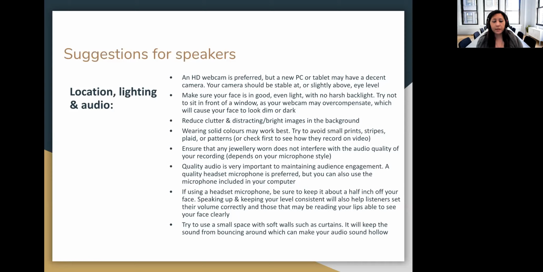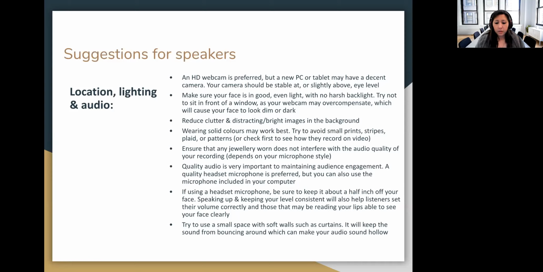Quality audio is important. I think my audio quality could be better, but you can see how it's recorded. I think that's one of the challenges of these times, that I always assume I know how my video and my audio is coming across because I can hear myself, and it shows me the little camera of how my video should look. But in reality, there's lots of servers and things often in between this. I mean, it's a little different for a local recording. It should be a bit more of what you see is what you get. But it does come back down to the fact that you just want to make sure you're not making assumptions about how it's being recorded. So that's, again, where checking can be good.